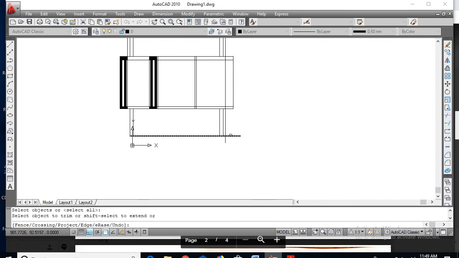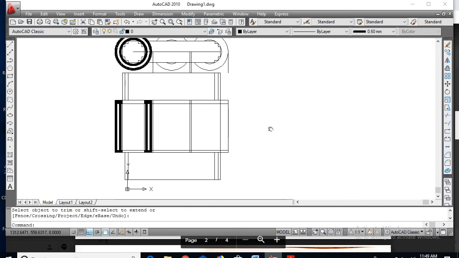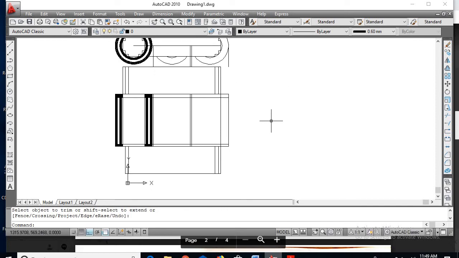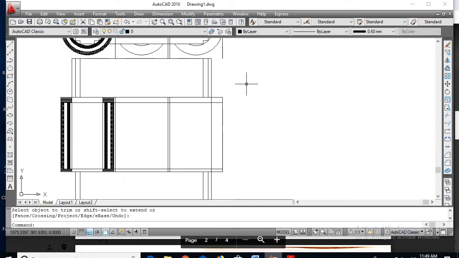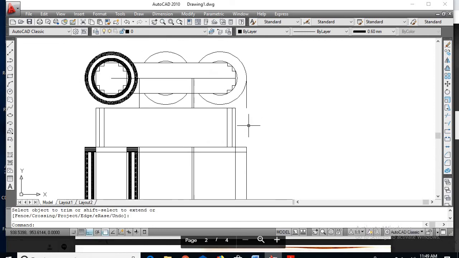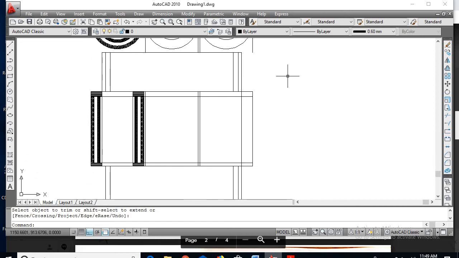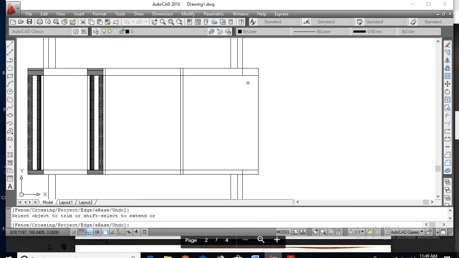Now right click. For trim command, right click, remove this portion, remove this portion.